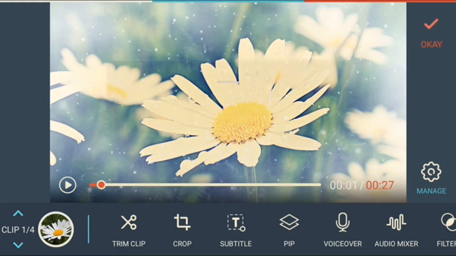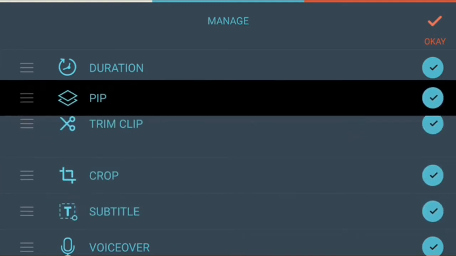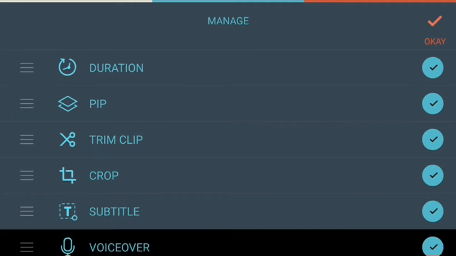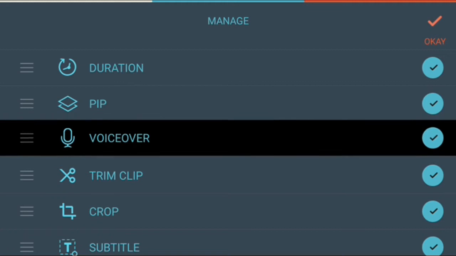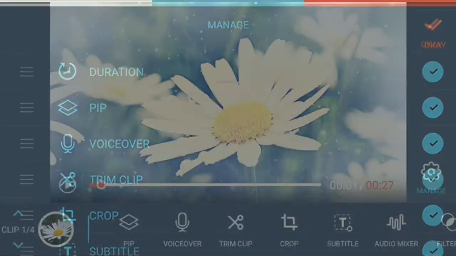Now clicking on manage, if I want to bring pip to the top, then I will click pip and bring it on the top. And I want voiceover as the second one, I will click on voiceover and bring it to the second place. Then I will press OK.